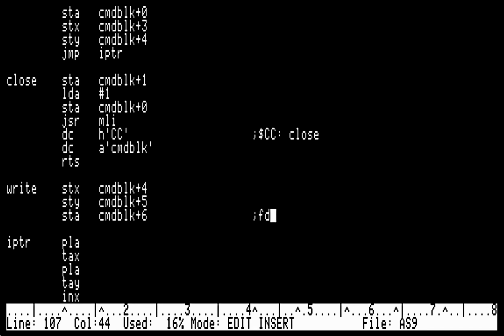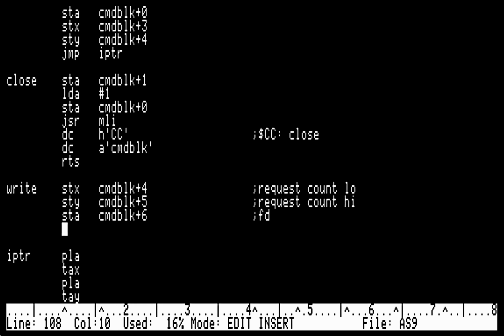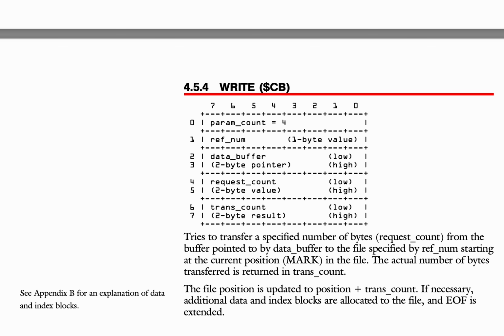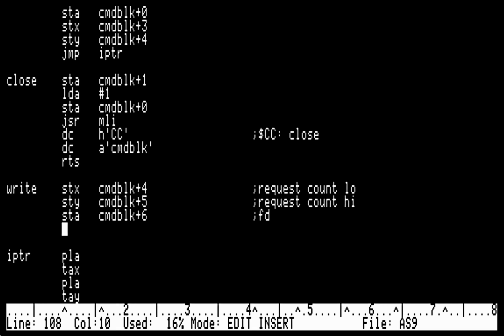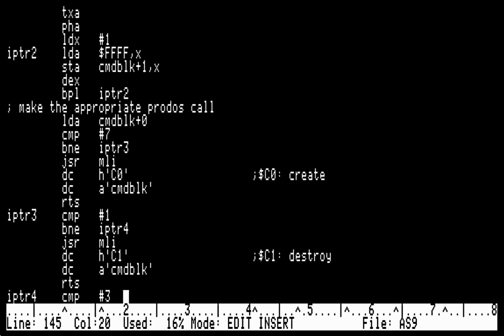This is the file descriptor. And this is the request count low. Request count high. Okay. Now I need to go ahead and jump to iPointer. Okay, and down here,